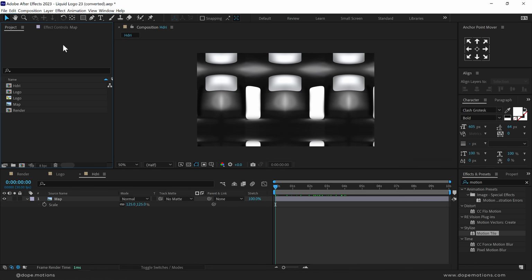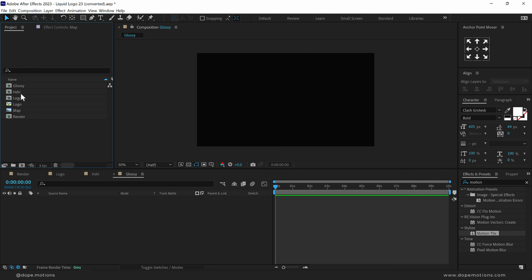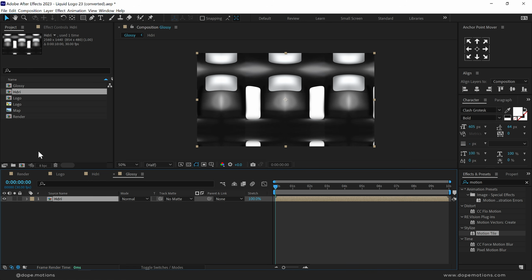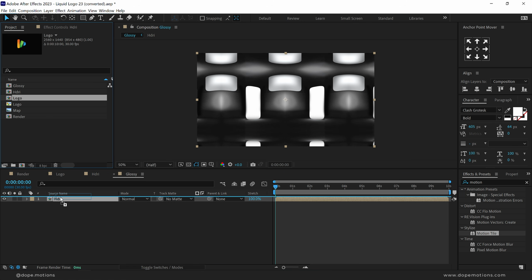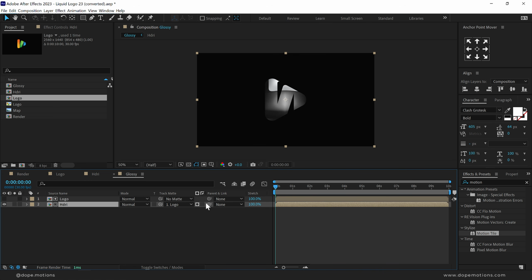Yep. Now let's go back into our main project panel and create a new composition called glossy. Press OK. Let's drag the HDRI composition and on top of that I'll add the logo composition. Change the track matte of the HDRI to logo, to alpha matte basically, and let's zoom in into our timeline